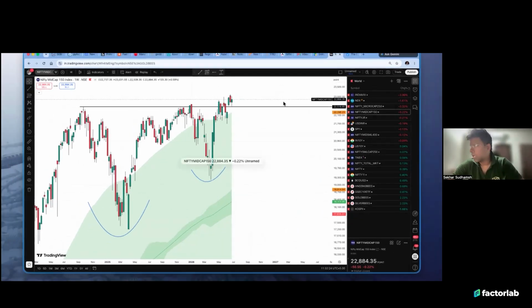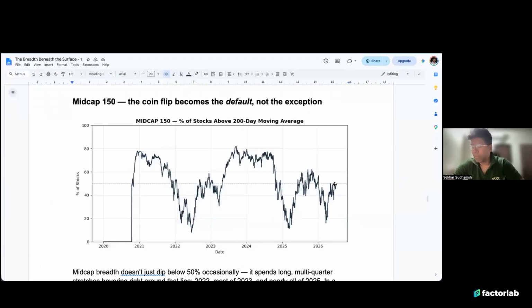Now, this is a very careful situation, because if the majority of the stocks are not doing well, and we blindly invest in some of the mid cap stocks, we might actually lose money, or we might be at a disadvantageous position. So picking the right stocks is absolutely important in this scenario, when the overall index is doing well, but the market breadth is poor because few stocks are doing well.